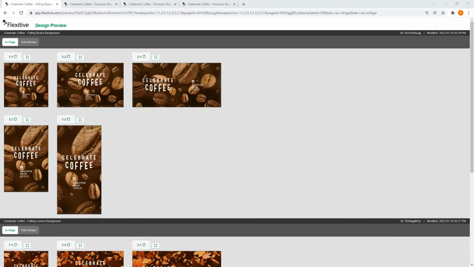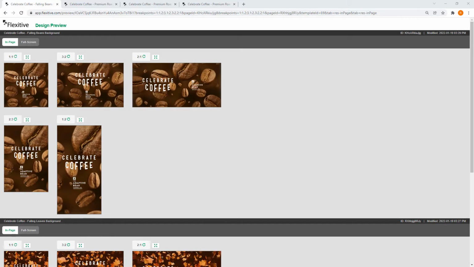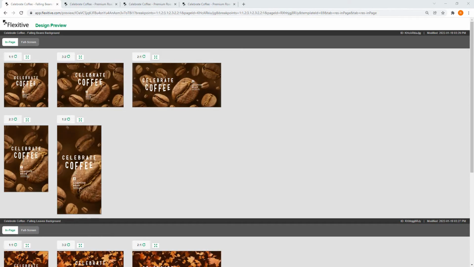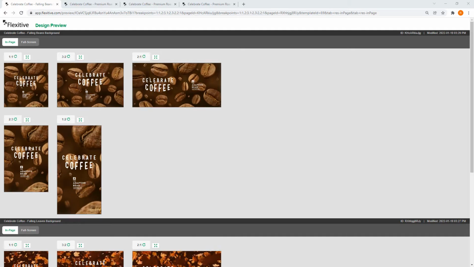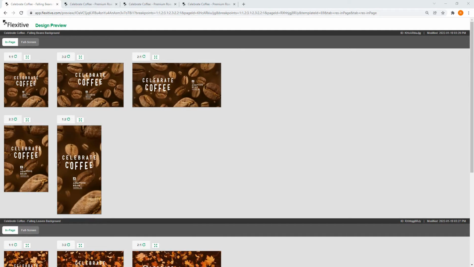In Flexitive, you can create preview pages that can include multiple design variations in a single page URL. You can create up to 5 different designs and show them in one page. This multi-design preview page can be used for showing different design versions, for getting feedback from stakeholders to choose the